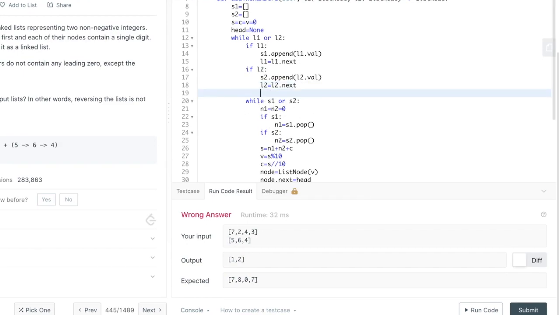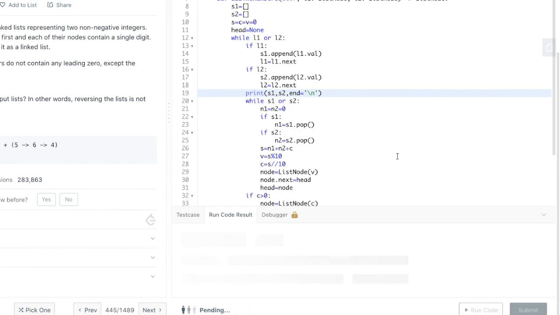Let us add a print statement and check whether we are getting the correct value or not. Print S1, S2. So let us check whether we are getting the correct value in S1 or S2 or not.